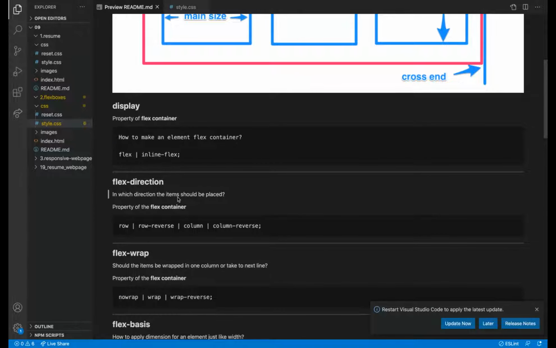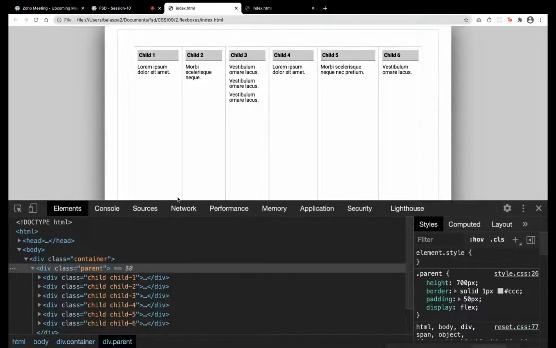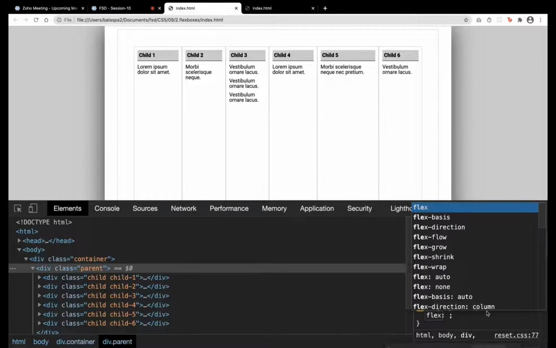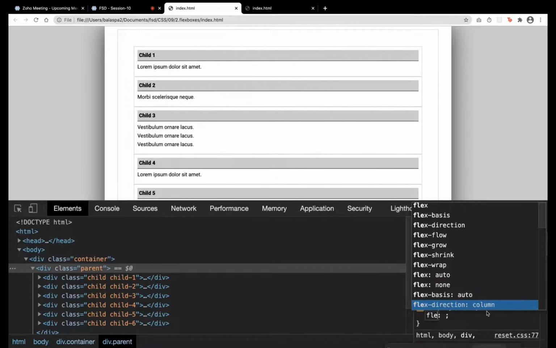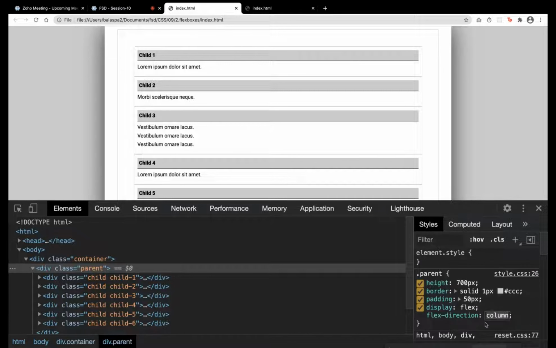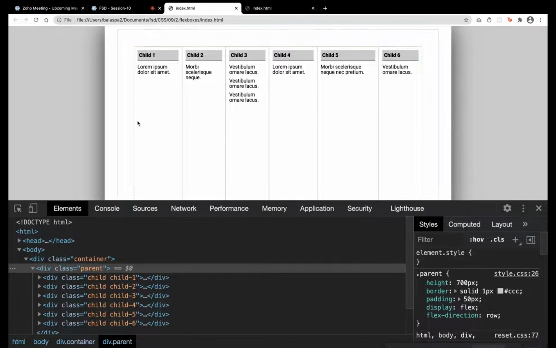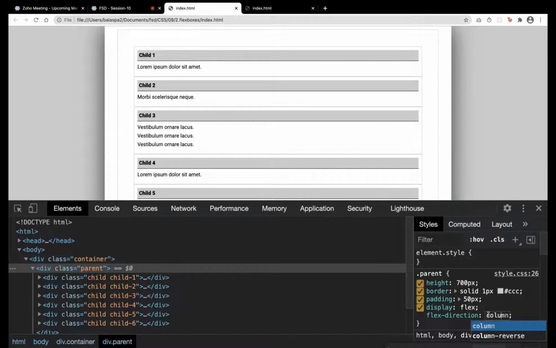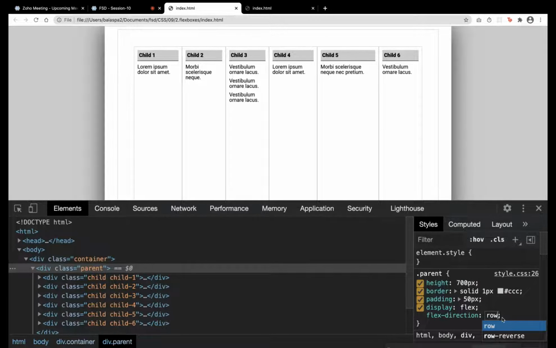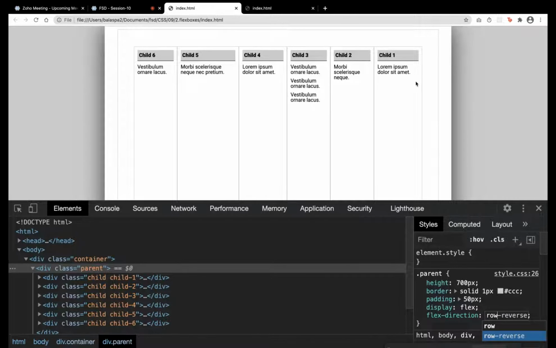Where are the directions here in the website? Yeah, there is a direction: flex direction. By default, if I give display flex, the default direction is row. Row means it is occupying in a single row. Column means in a single column, each item will get occupied. Most of the time we will use row. There is also an option called row reverse. What is that? The child 6 comes at the first and then child 1 comes at the last.